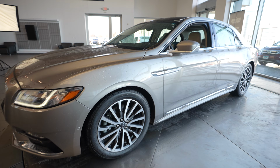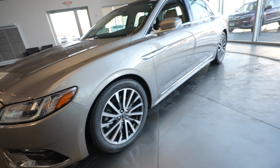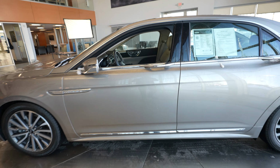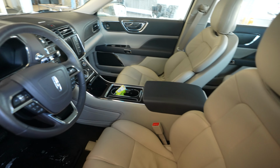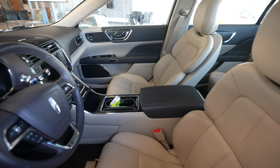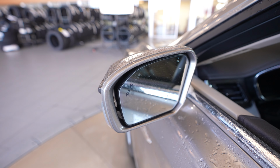Today we have a 2020 Lincoln Continental for sale. This comes in a tan exterior with a tan interior. Sunroof, blind spot assist,